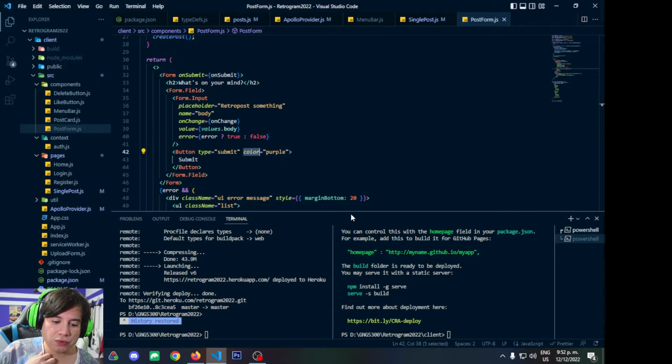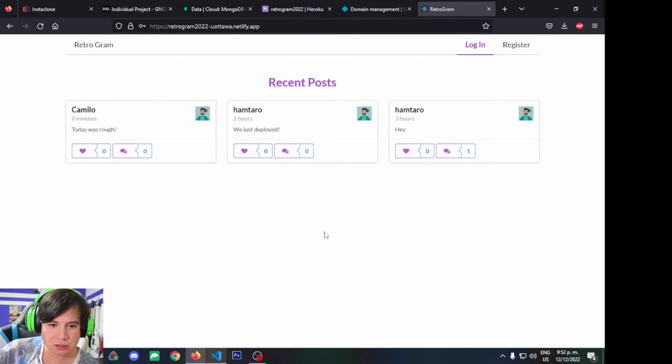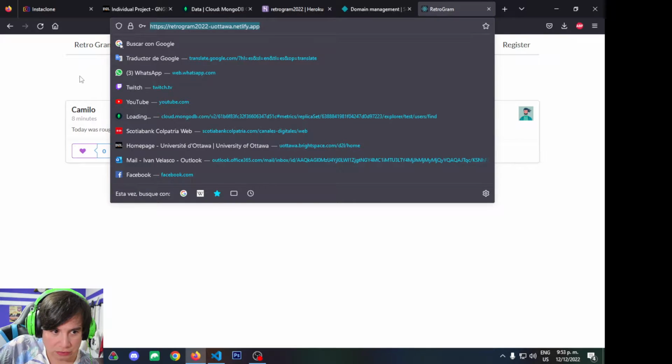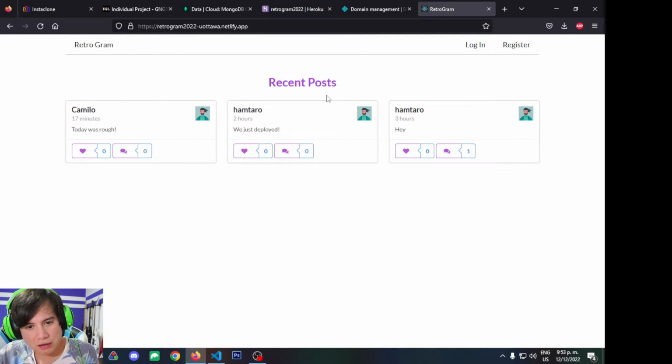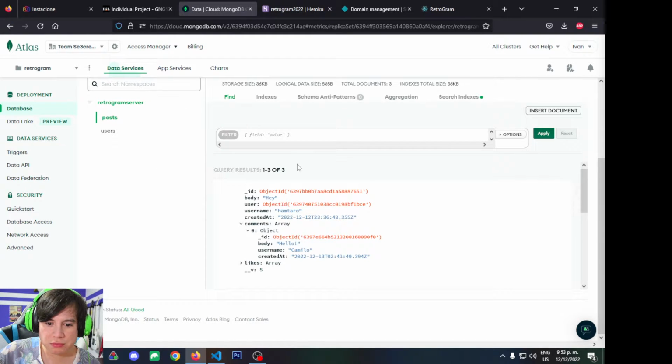In order to showcase it, I'm going to actually do it. So this is already deployed. This is not localhost. This is already deployed, which is very cool. We are going to refresh the page, and we're going to be here. As you can see, it loads all of the different posts that have been done, and we have some posts here, of course, and I'm using, as I said, MongoDB,